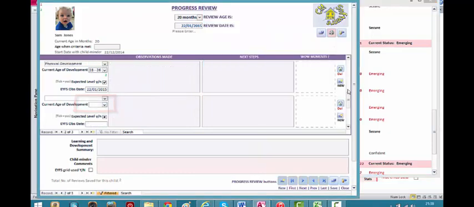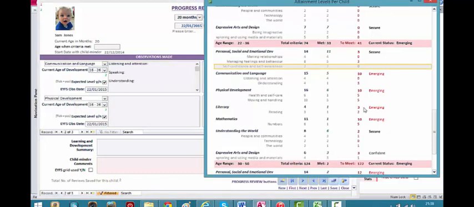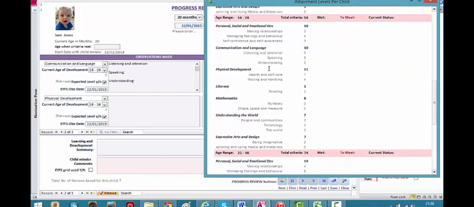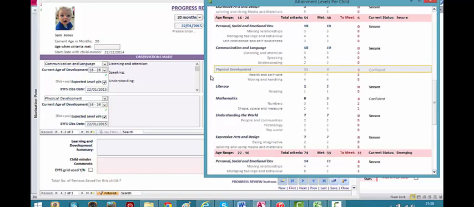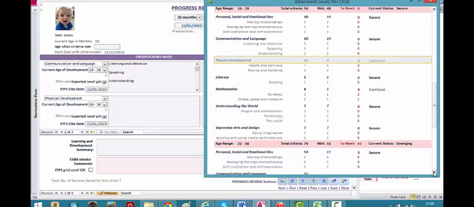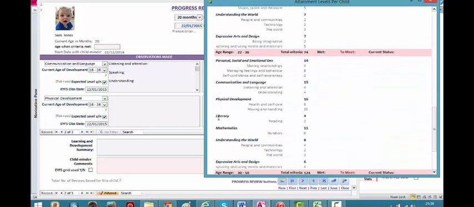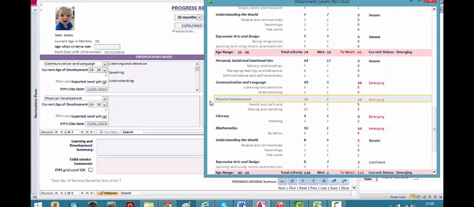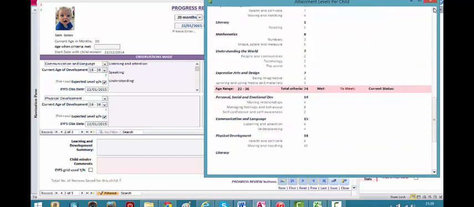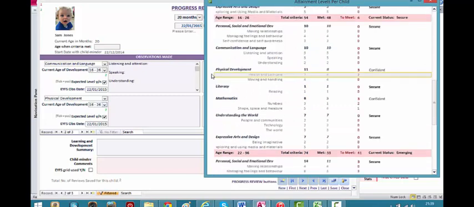And again, if we go down to physical development, bring that one back, you can see, if I go back up to 16 to 26, that he's confident within this one but not secure. So I've put 16 to 26 there. If I just double check if there's any that he's met in here, so he's emerging. So again, it's better to select the age range that he's currently working within, which will be this one where